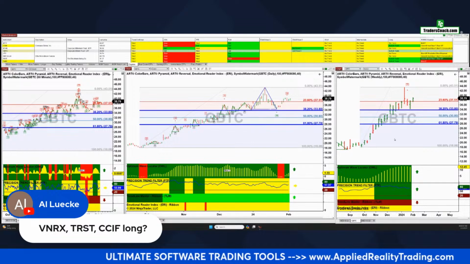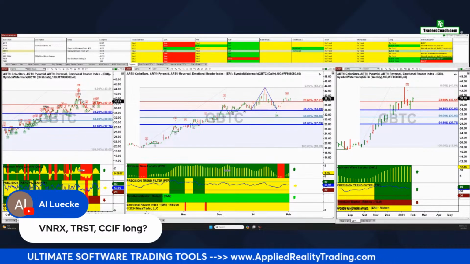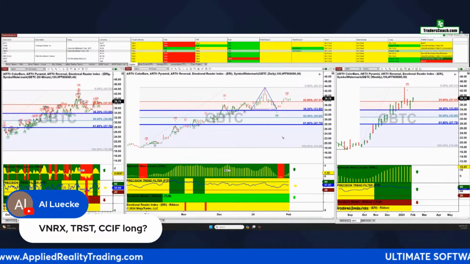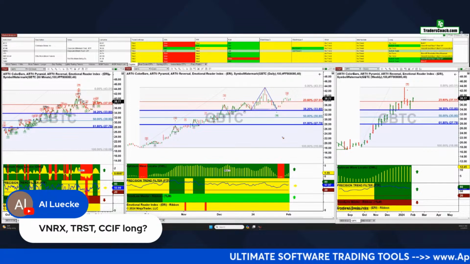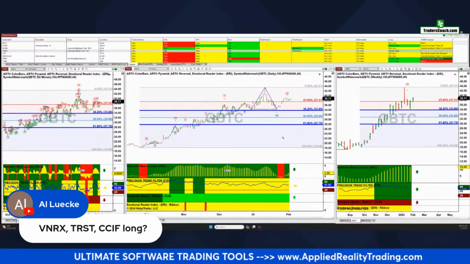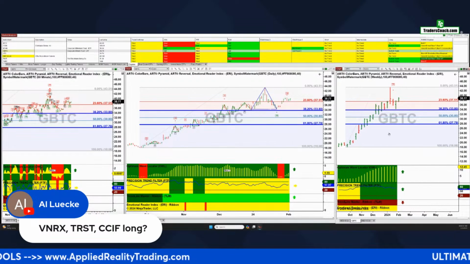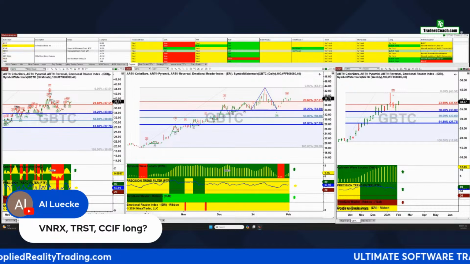basically, I've got GBTC up, which is the ETF for Bitcoin. You know, we're very bullish on the cryptos. And Bitcoin may pull back a little bit more, but then surge higher. So Bitcoin looks still pretty good to us. You may want to wait until it pulls back a little further before jumping in if you're not in it already. If you're in it, hang tight with it. You should do really well over the course of this year.